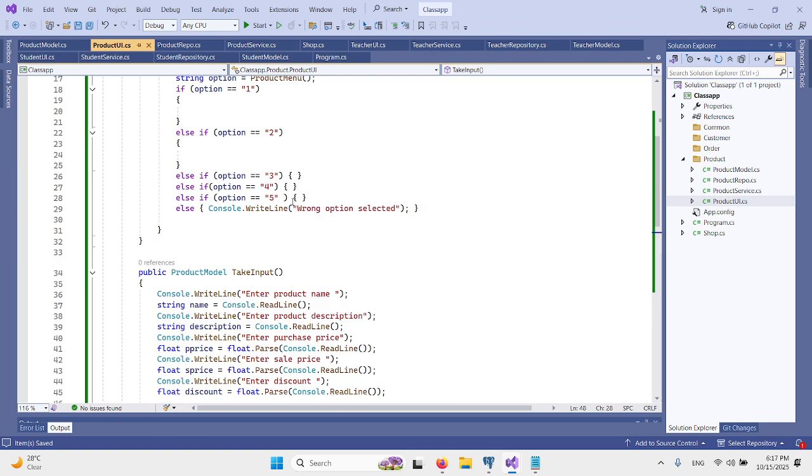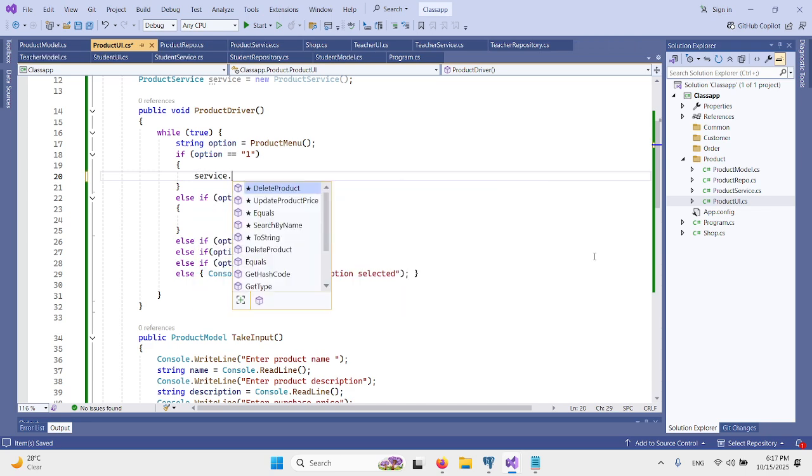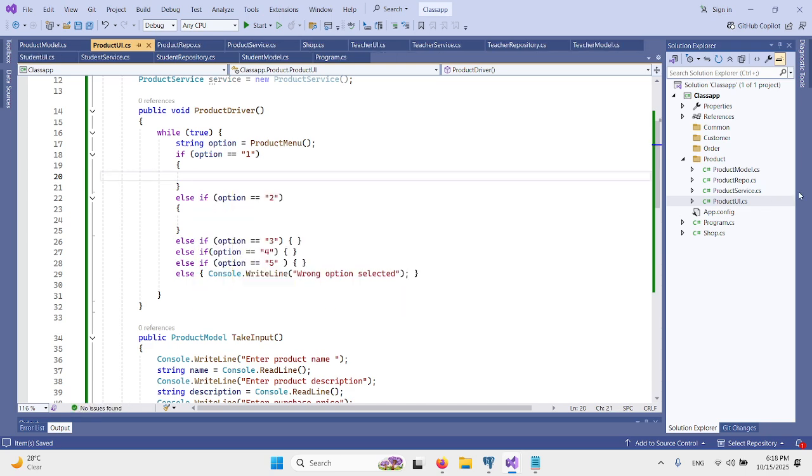Okay, now here what we will do, service dot... well, we didn't write a function in the service yet.